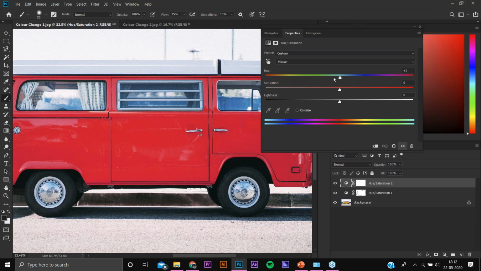Yeah, the blue is blue only. So we will change it to green. Now see it, it's the green color. How much the areas have been affected can easily be visible.